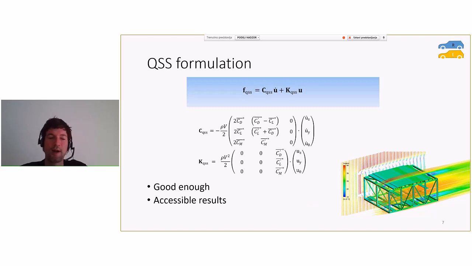And those models have been found as good enough, and particularly they are very attractive for designers because they have accessible results. That means that results can be simply obtained by CFD analysis. We can run some simulations, get those coefficients, and just insert them into this matrix, and then we have those values available. And this is good. That's also good because it's quite straightforward to implement in some numerical software, and that's why it has been very